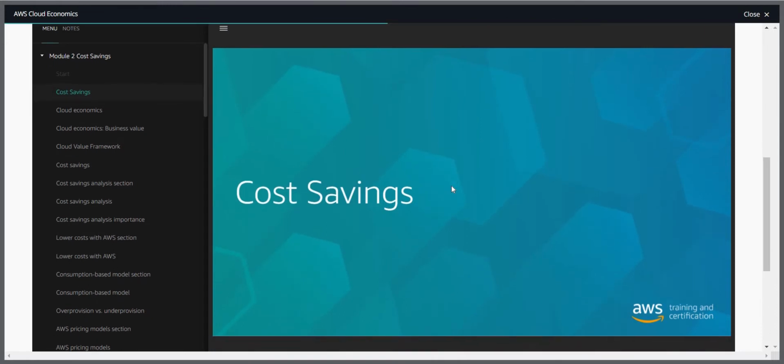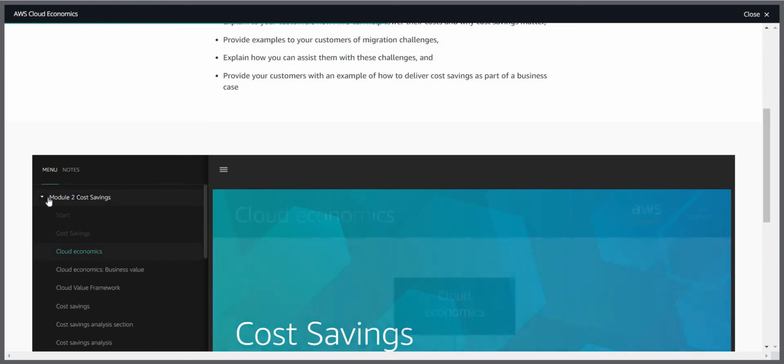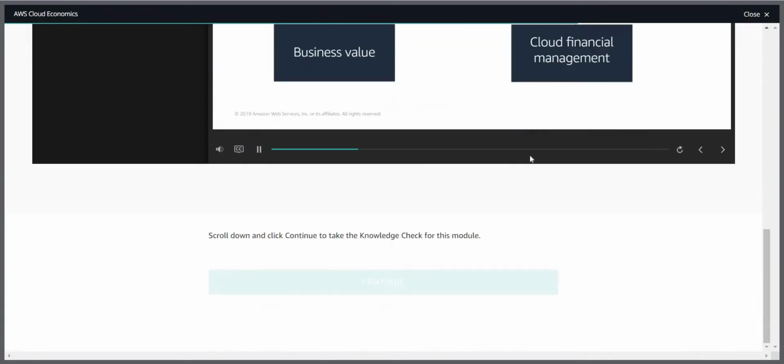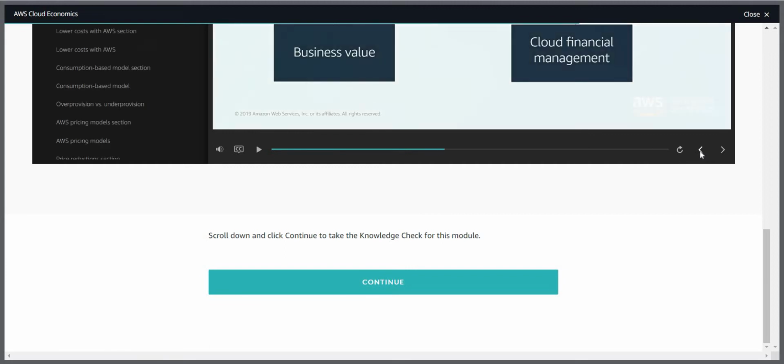This module explores the cost savings pillar of the Cloud Value Framework. As you learned in the Introduction to Business Value module, cloud economics